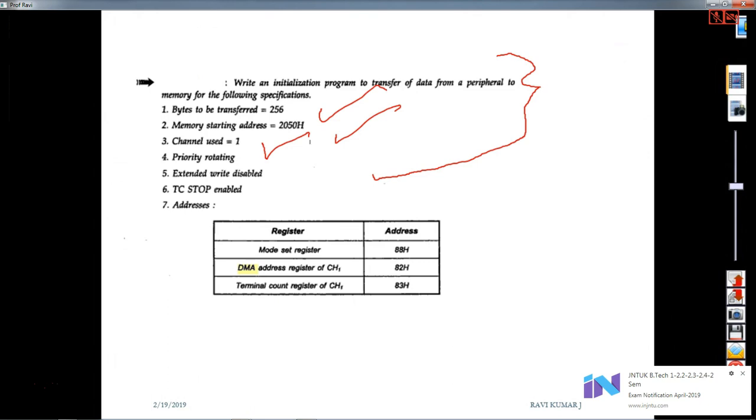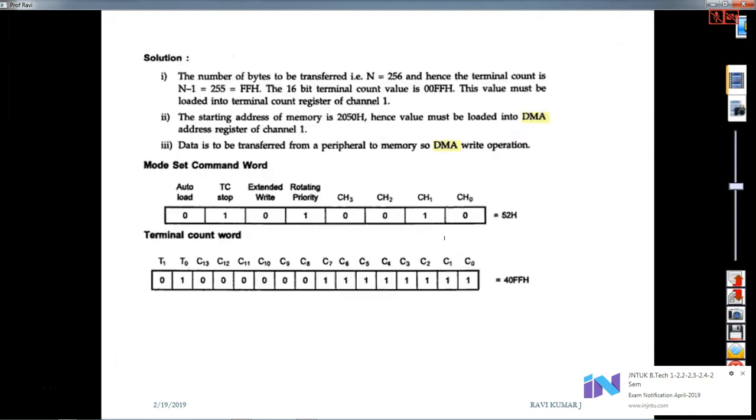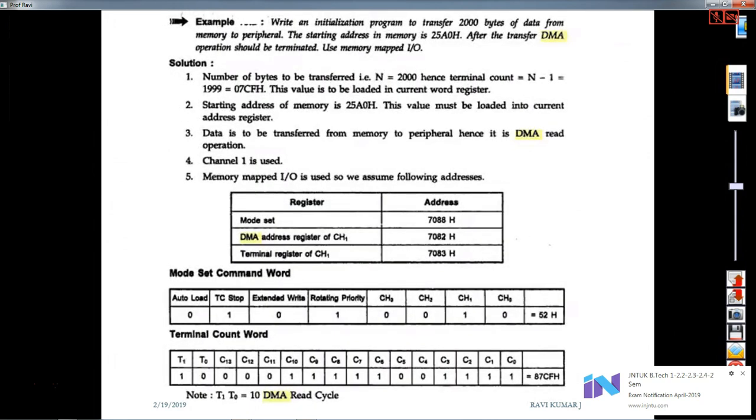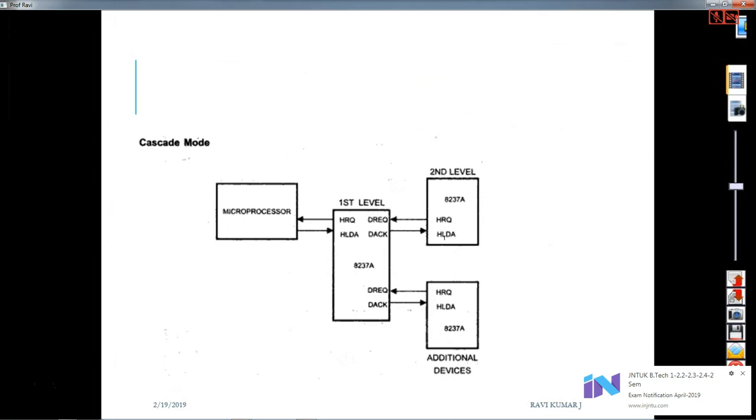Earlier I used a different one. Priority is rotating mode, extended write is disabled, TC stop is enabled, and now the address mode set register, and then the addresses of the channels are 82, 80, the terminal count register is 83, and then this one and this one. So now you can write the program, right? You can write the codes and then the programs in this. Similarly, you have a number of examples, and 8237 can